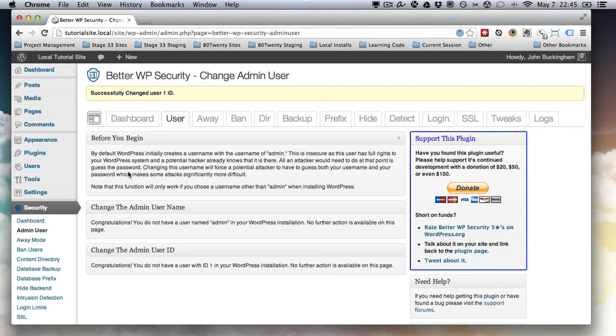It's super important that you have no users named admin in your WordPress installation. If you do, it just gives people half of the equation to attack your site and try to guess your password, and they can just guess hundreds of thousands of passwords, and there's a pretty strong chance they could get in if they already have the user. So you want to change this for sure. Okay, so now we've changed the ID,